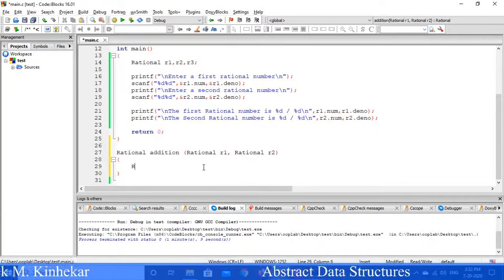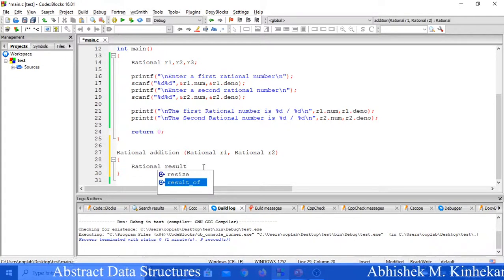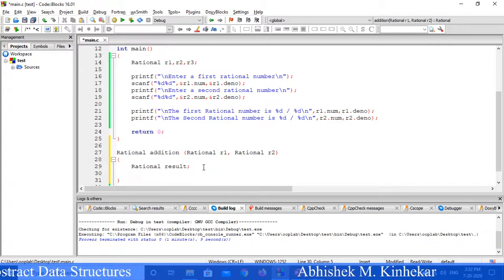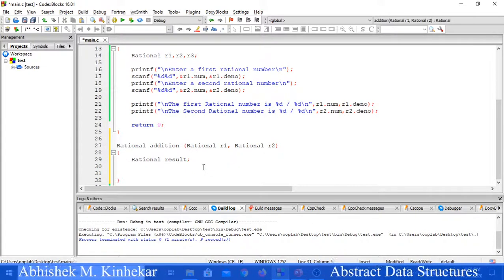So declare the resultant first: Rational result. Correct? So this is another variable which is again a combination of numerator and denominator. Now this result, or resultant, is categorized in two parts.